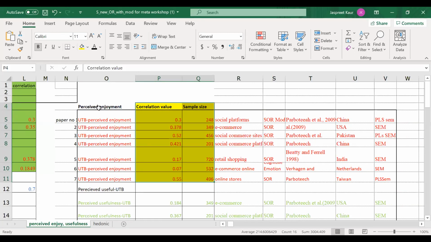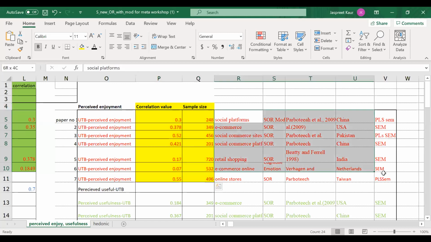Only these two columns. Now you might ask me, ma'am, then what is all this? What are all these columns for? Why have you differentiated papers on the basis of location, on the basis of research method, SEM or PLS-SEM, and on the basis of what topic they were done?